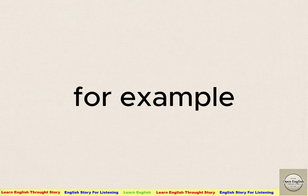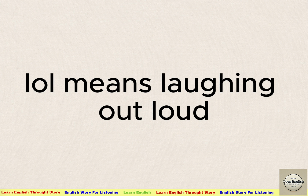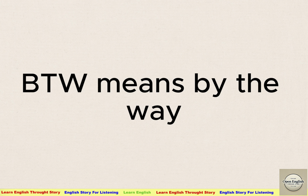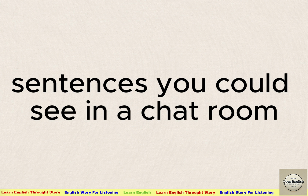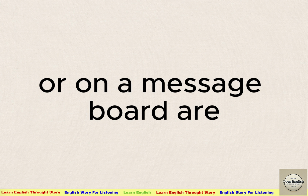For example, LOL means laughing out loud. BTW means by the way. BBL means be back later. Sentences you could see in a chat room or on a message board are